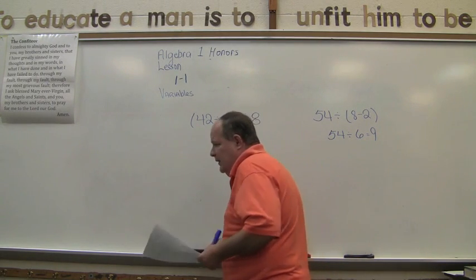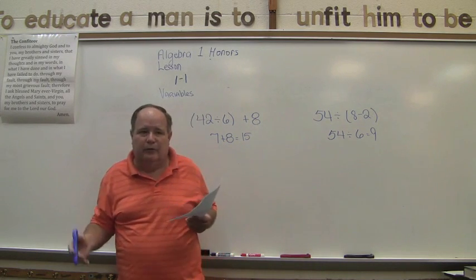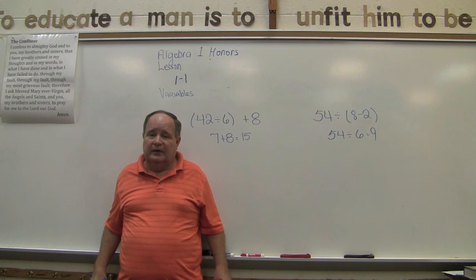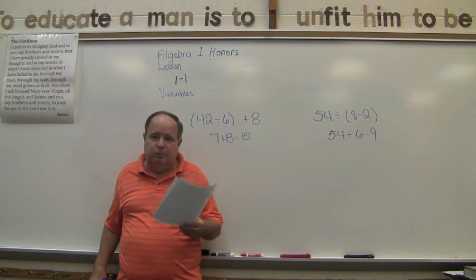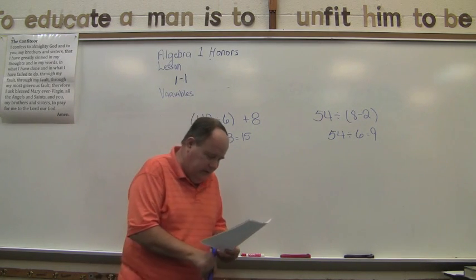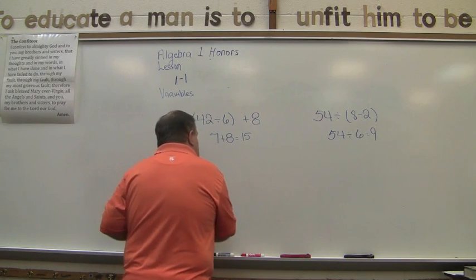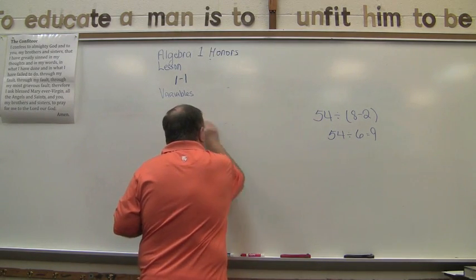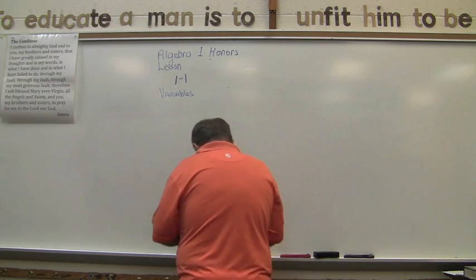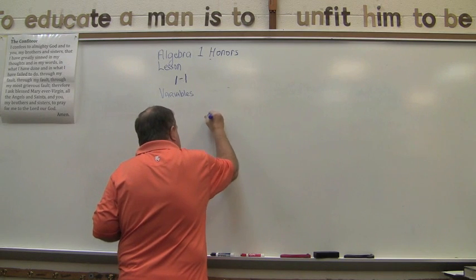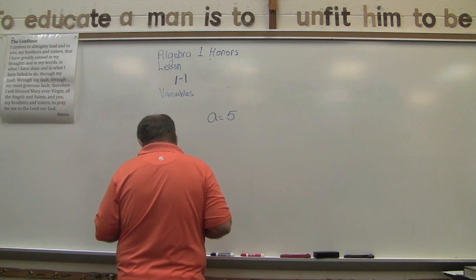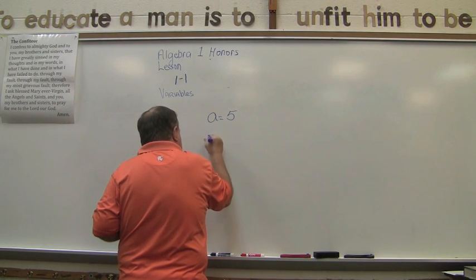Now the last thing is, we want you to get used to using variables. They're going to tell you what the variable is. They're going to pick a variable for you, and you're going to put that variable back into an equation and solve it. Here's how this works. Let's just say that A is going to equal 5. This is my variable A, and the numerical value for A, the new name for A, is 5. And they want you to find the answer, the solution,